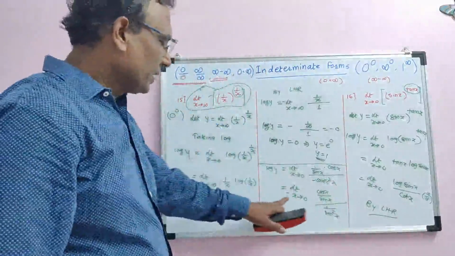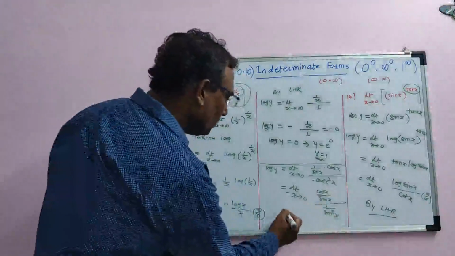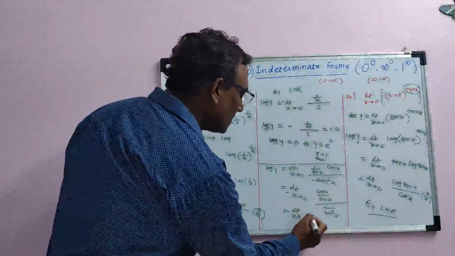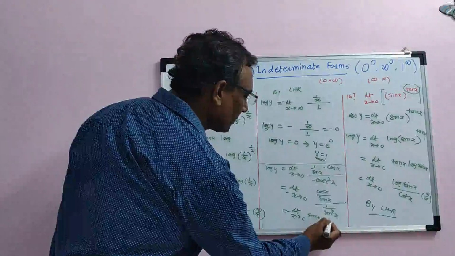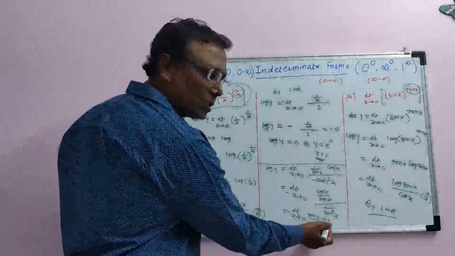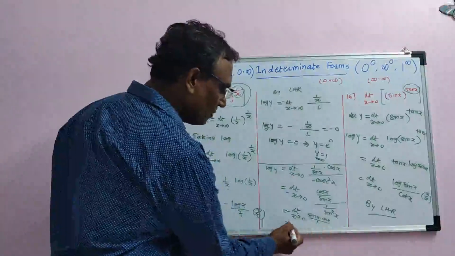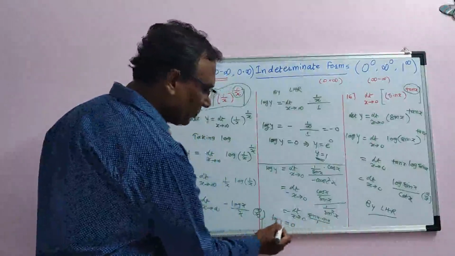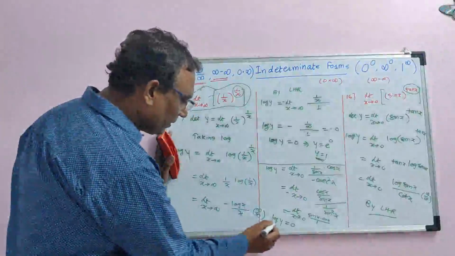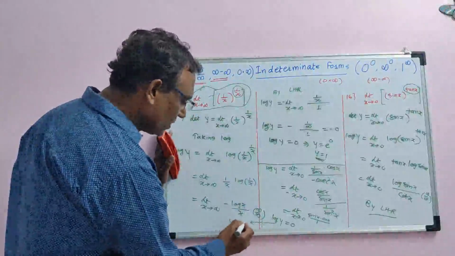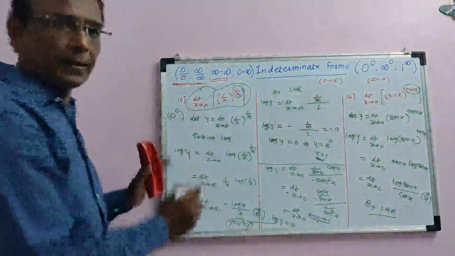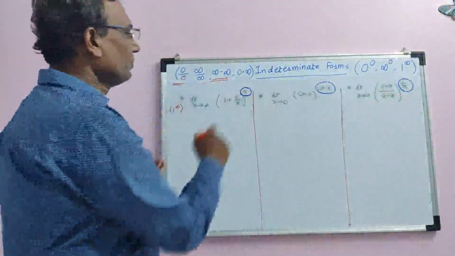Okay. The minus sign I have taken outside. Sin square will jump in the numerator. Minus limit x tends to 0. Then one sin will get cancelled. Sin x into cos x is remaining, divided by 1. Now you can put x equal to 0. Sin 0 is 0, cos 0 is 1. Means 0 into 1 will be 0. Means log of y is equal to 0. Therefore, y equals e raised to 0, which is 1. Okay. Means the value of this limit is 1 again.